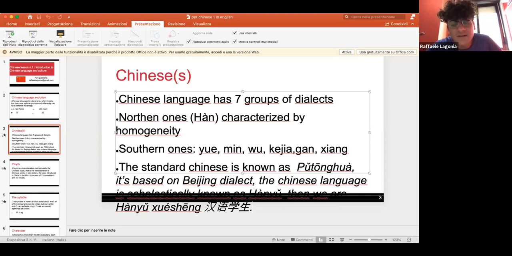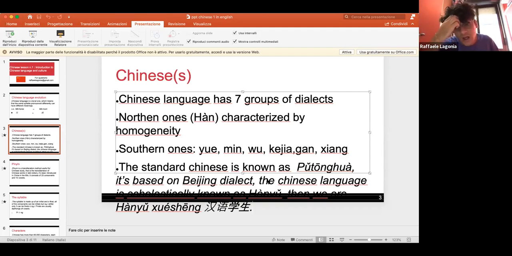So this is a base to form many other words. And it's based on the Beijing dialect. So it's important to understand that the standard Chinese is not the Beijing dialect, but it's based on the Beijing